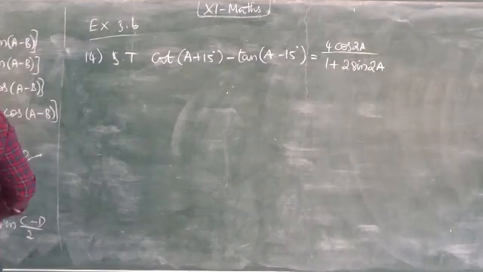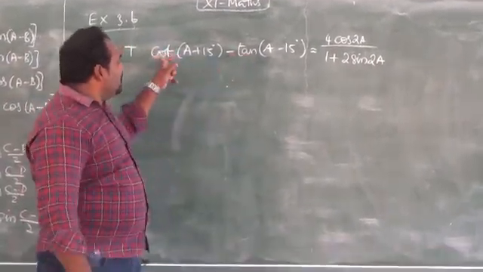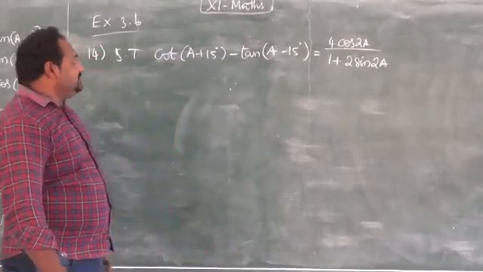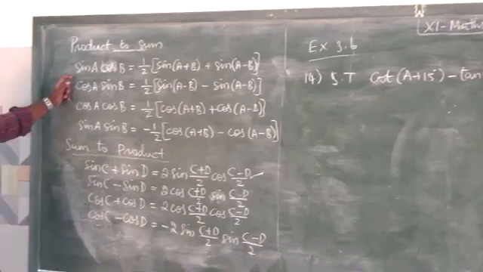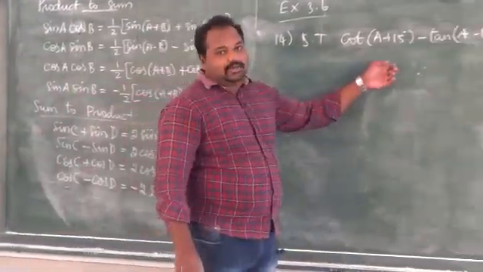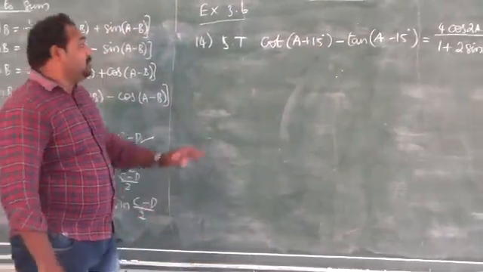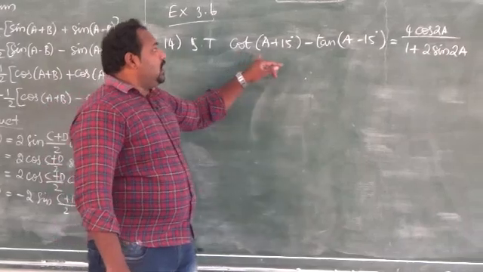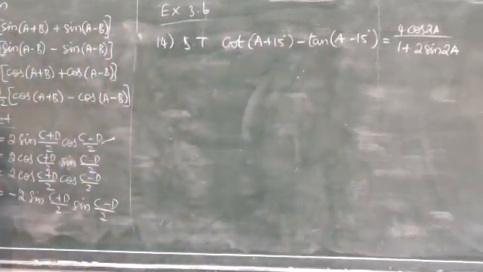Look at the LHS side, it is given in cot and tan ratios. Here we do not have any formulas related to cot and tan, so I cannot take the LHS directly. I am not going to use any formula here. First thing I am going to change, I am going to convert cot and tan into sin and cos format. Then only we can have formulas here.